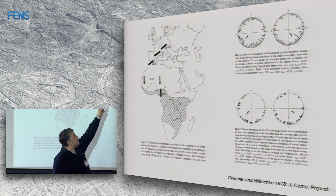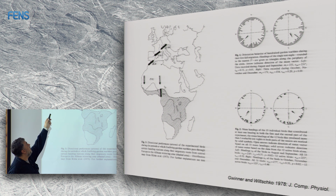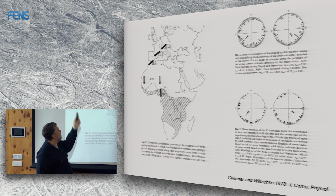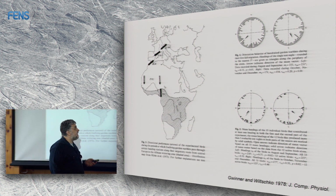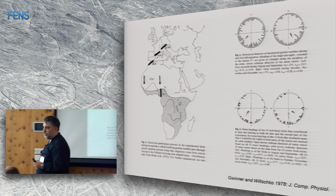So in early autumn, the birds were oriented towards the southwest, when Central European garden warblers were flying towards the Iberian Peninsula or Morocco in the first part of autumn. After that, when the free-flying conspecifics were crossing the Sahara towards the south-southeast, the birds were doing the same in Emlen funnels, and it was the paper that helped shape the clock